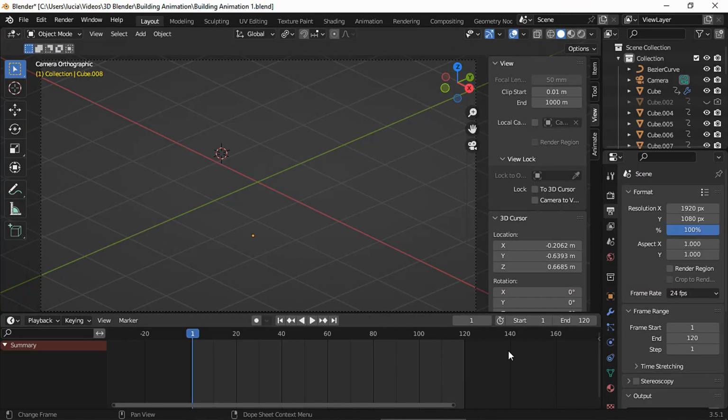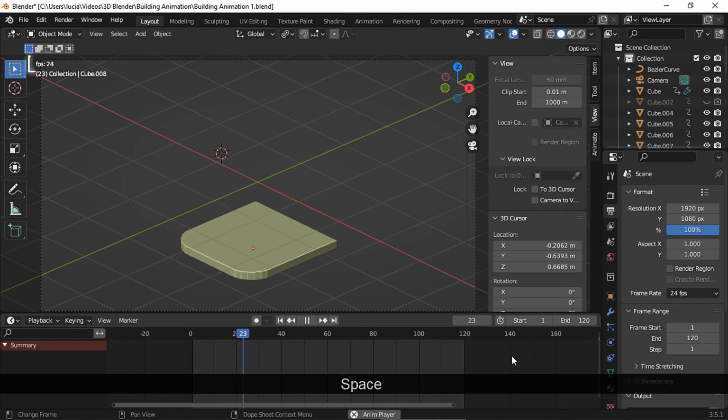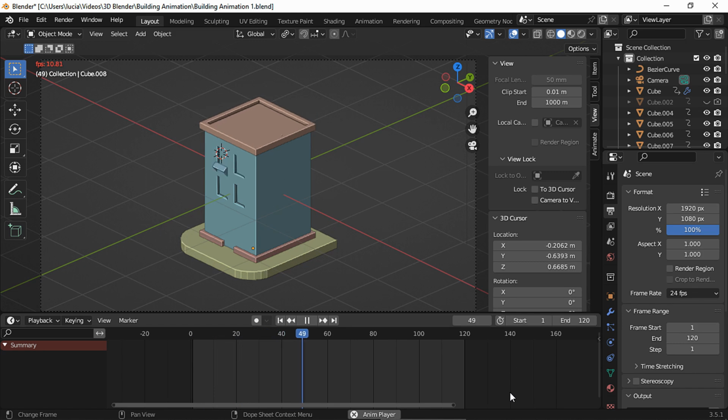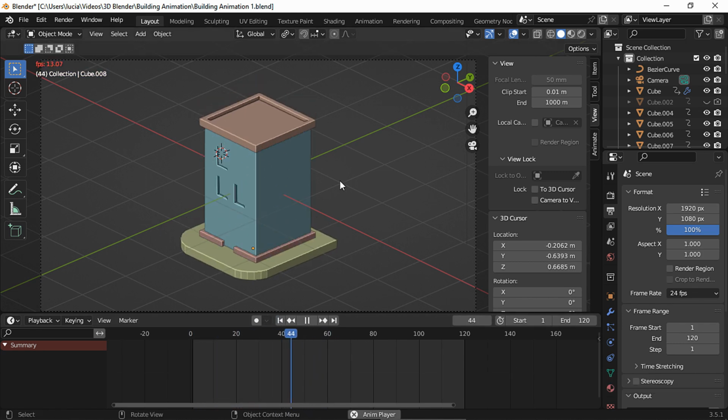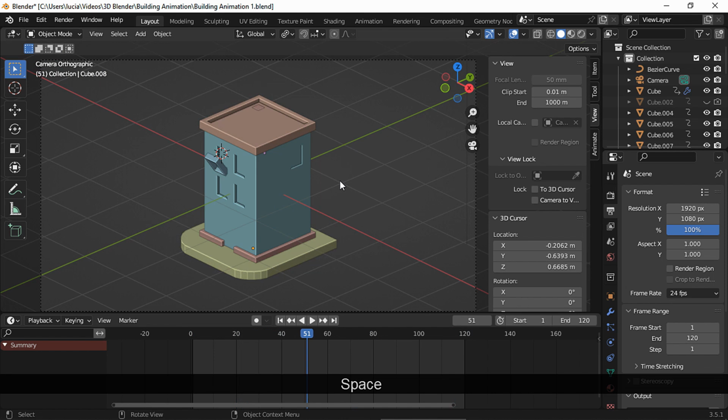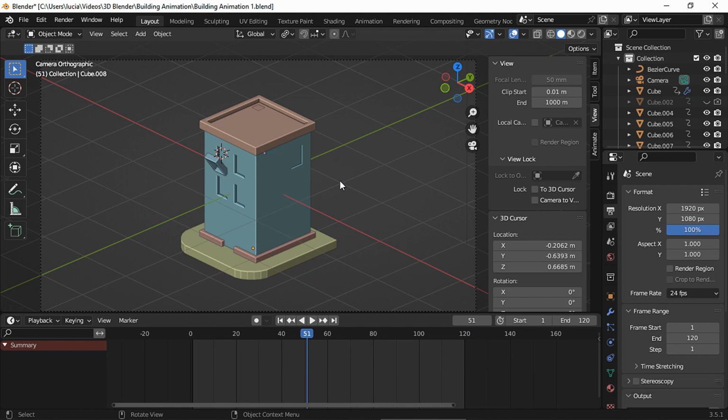But before easing our animation, what we need to do is watch it in real time. Let's hit play. The frame rate turns red because the playback can't keep up with the desired frame rate, it lags basically. So what I like to do is render a preview, which is gonna be a low quality video that will render fast so we can see if our animation is too fast or if some keyframes need some touch-ups. But how to create a preview?